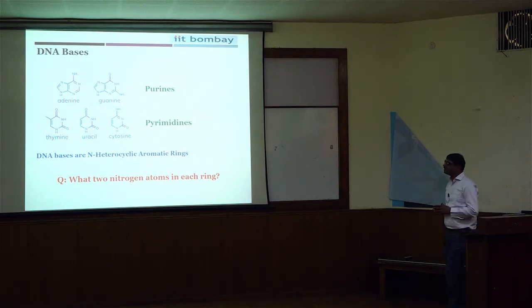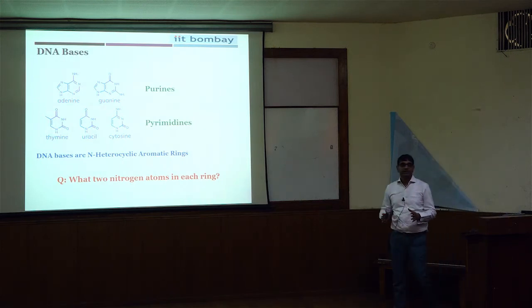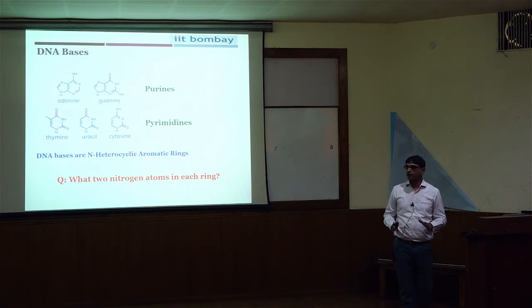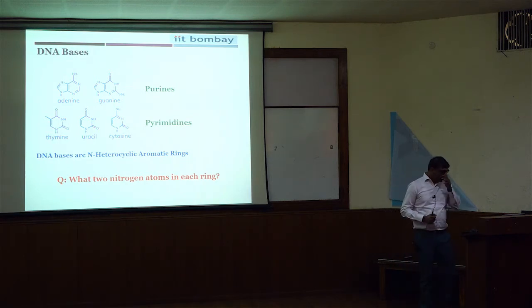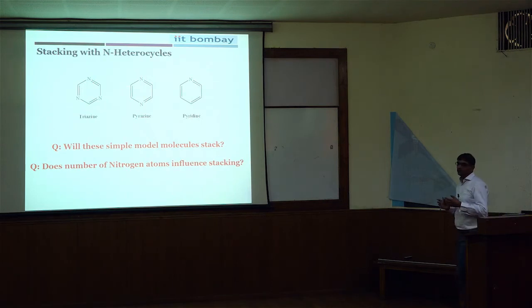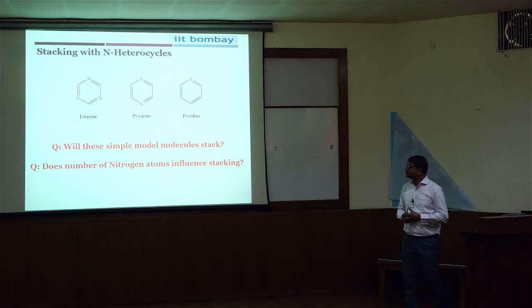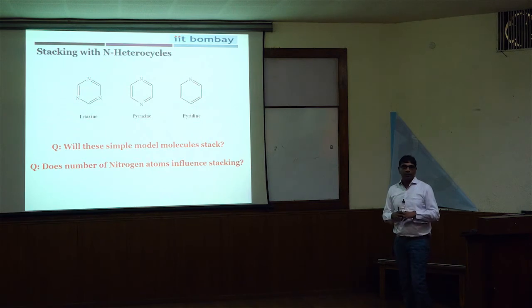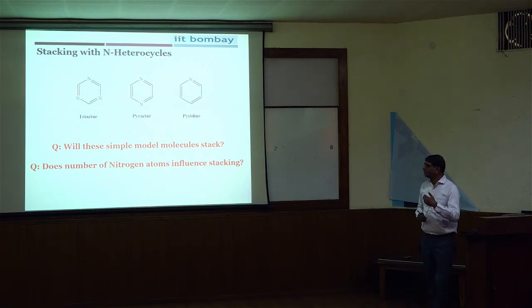The question that we asked is, if you look at any of these rings, 5 of them, there are at least 2 nitrogen atoms in each ring. Now, we wanted to ask why 2 nitrogens. So, to find the reason, we said, let us do this experiment. Take the simple molecules pyridine, pyrazine and triazine, vary the number of nitrogen atoms in the rings and look at the